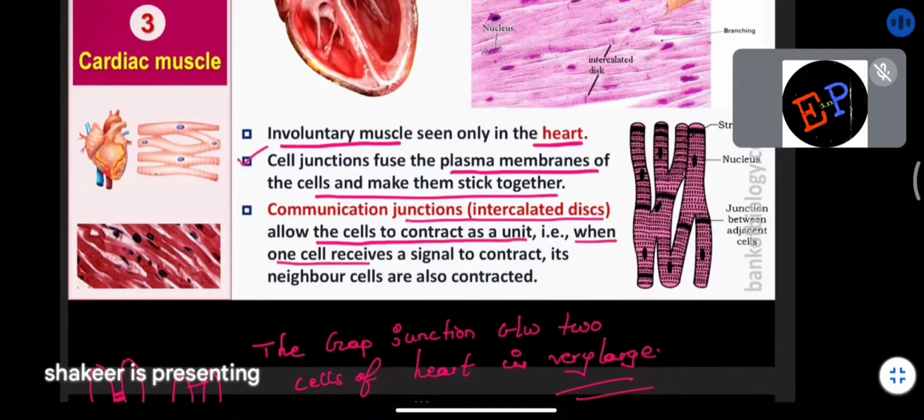When one cell receives a signal to contract, its neighboring cells are also contracted. Are you able to understand, ma? So what is the advantage of these gap junctions, ma? What is the advantage of fusing all the cells? The advantage is that if one cell receives the signal to contract, then all the cells receive the same signal at the same time, and all of them will contract as a unit, and they will relax as a unit